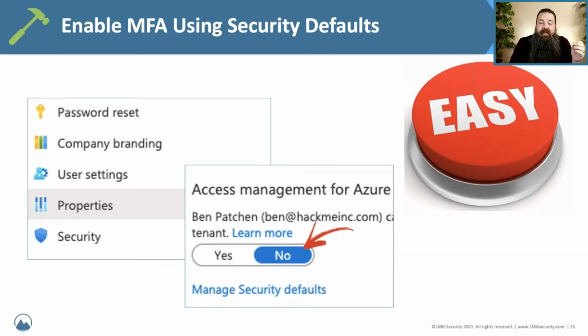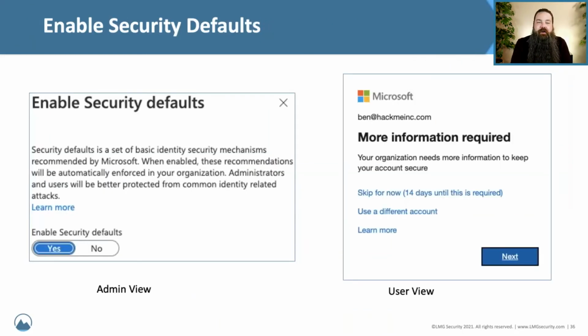As soon as we hit yes, that will allow us to go ahead and turn these on for everyone. And like I said, it's basically the easy button for rolling out MFA. It'll give you a quick warning just saying, are you sure you want to enable security defaults? You click yes, and then the next time the user logs in, just like we saw before, they will see